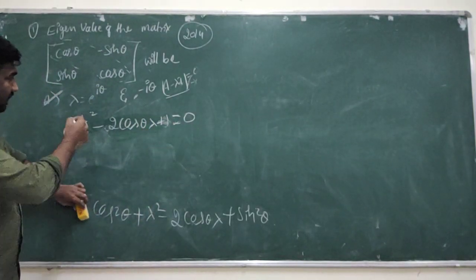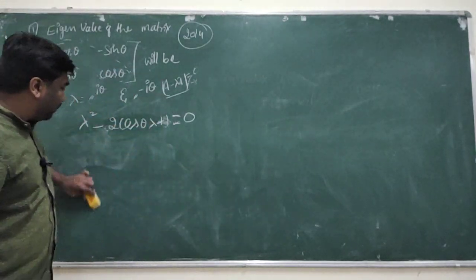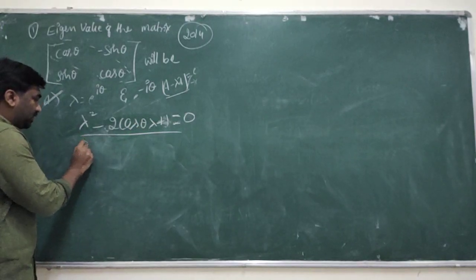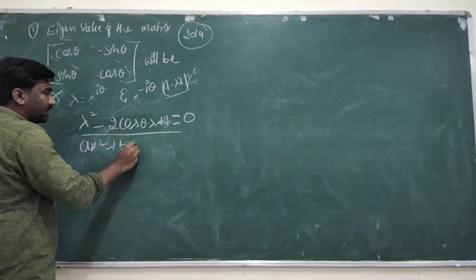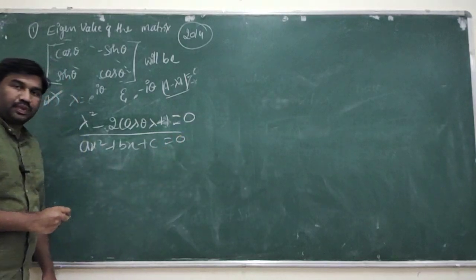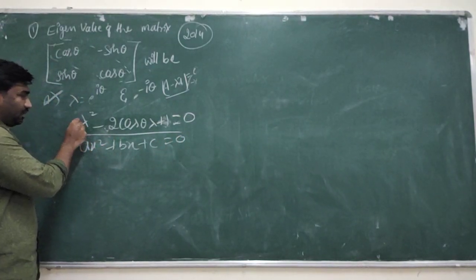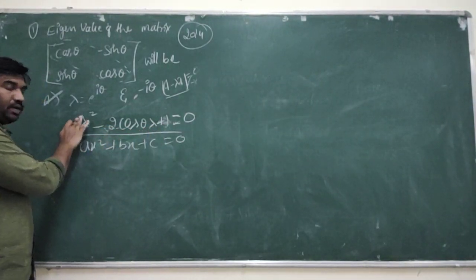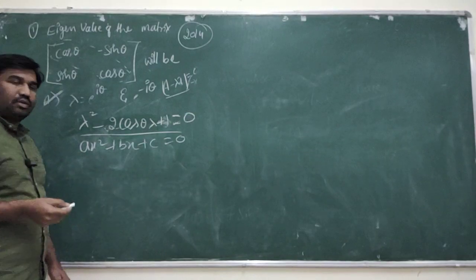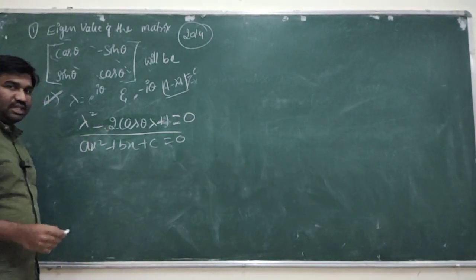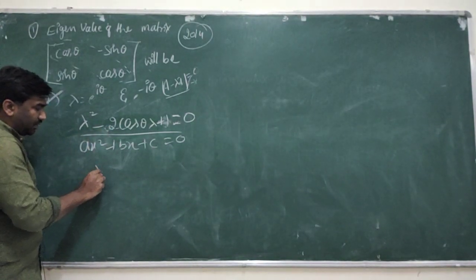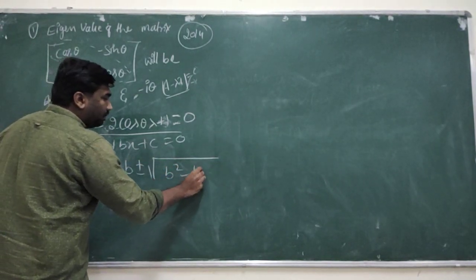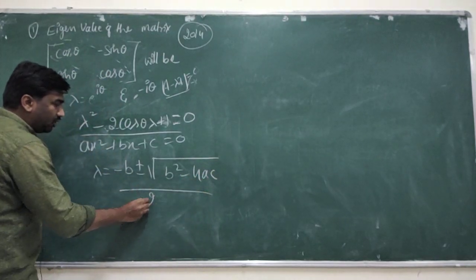So now we can simplify this quadratic equation. It is like a quadratic equation, ax square plus bx plus c is equal to 0. And here a is nothing but 1, b is nothing but minus 2 cos theta, and c is 1. So the formula better to use to simplify this is lambda is equal to minus b plus or minus root of b square minus 4ac, divided by 2a,